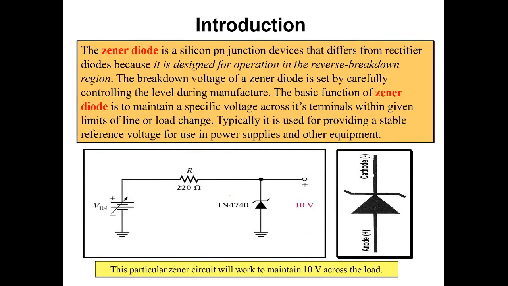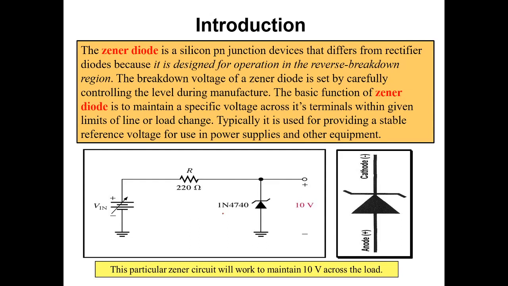So what is the Zener diode? Where is it going to be operated? The Zener diode is a silicon PN junction diode. It differs in that the PN junction diode cannot be operated in breakdown conditions. But the Zener diode has been specially designed such that it can be operated in forward and reverse bias, but in order to get the Zener characteristics like constant voltage, it works only in the reverse bias case.